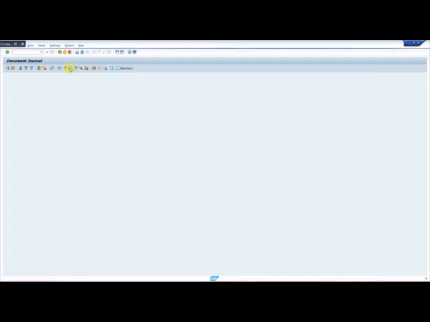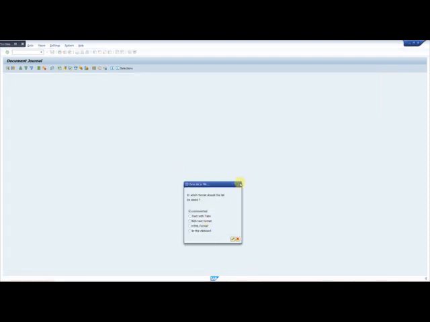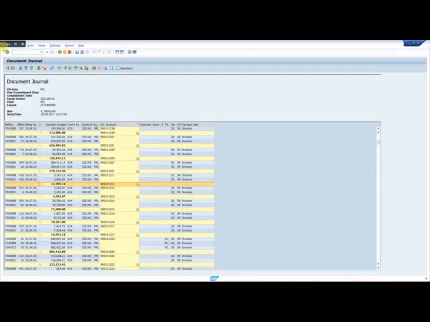This is the button. No, I will go here. It's not showing here. Sorry. Export to spreadsheet.